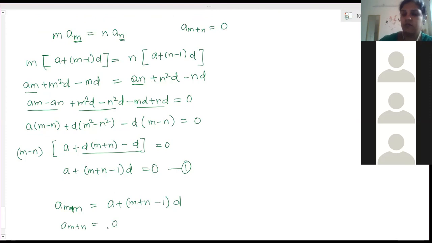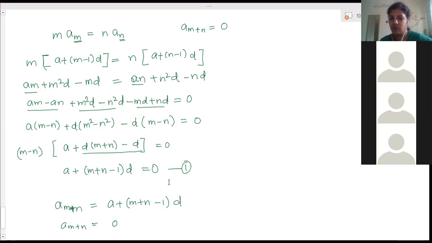Ma'am, could you explain this last part? So here, we kept it as it is. We got the relation between a, d, m plus n and all those. Now what they have asked is to show the m plus nth term. So write the formula for that: a plus n minus 1 into d. So what is n here? n is m plus n. So isn't it am plus an? No, it is not multiplication. This is a position. We are representing this with the position. So together, it is a sub n. Yes, ma'am. M plus n is a position. Understood, ma'am. So this is a plus m plus n minus 1 into d.